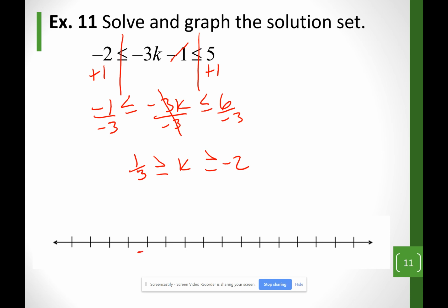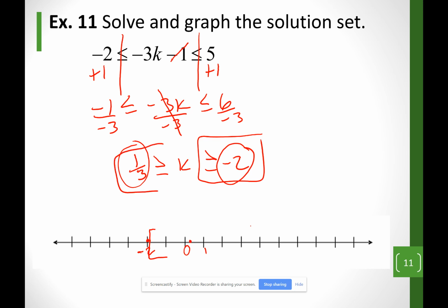Let's say we had a negative 2 here, my label. Let's say this is 0, and this is 1. My important numbers, I see 1/3, which is about here. My other important number is negative 2, which I can see right there. My negative 2, I'm looking at the sign next to it, and I ask myself, is it parentheses or is it bracket? In this case, it's bracket. Then I look at the 1/3, and I ask myself, is that parentheses or is that bracket? In this case, it's bracket. Now the k is in between them,